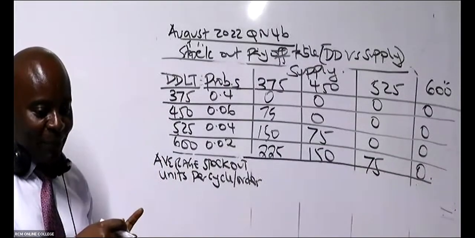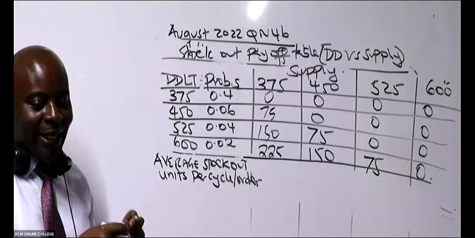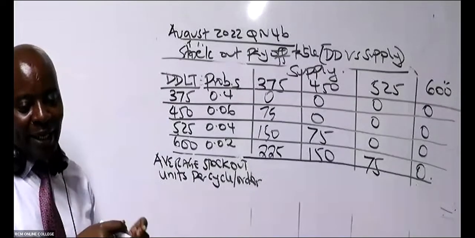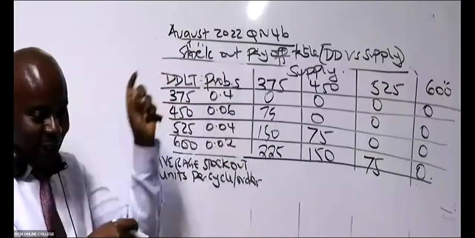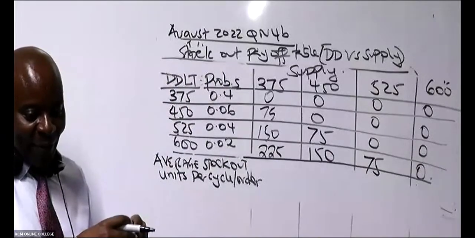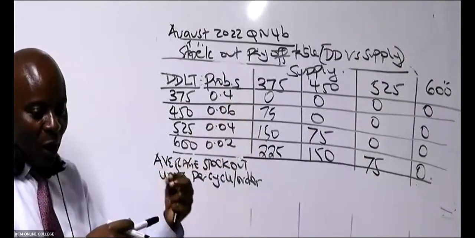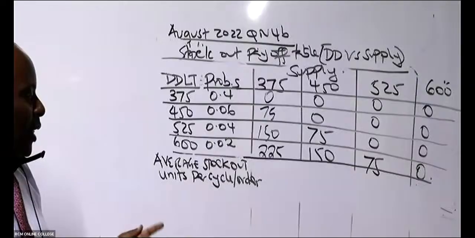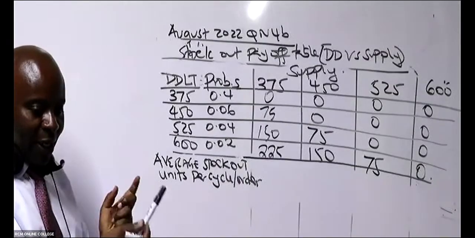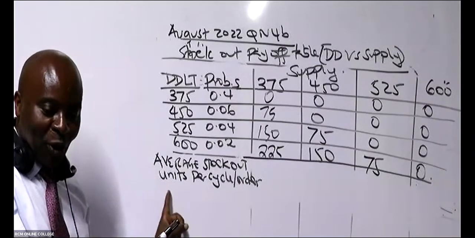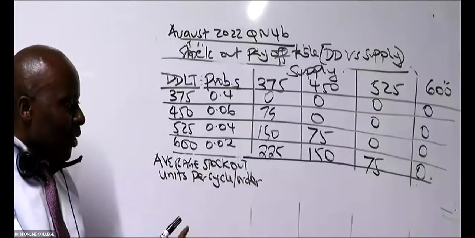Thank you so much. Goretti, we don't call them safety stock yet. We aren't yet there. We are still doing stock out units, being able to get the stock out, the disappointments. Now you want to average them. So in this case here, remember these are average or expected stock out units. I'm not calling them stock out cost, but units, per cycle or per order.